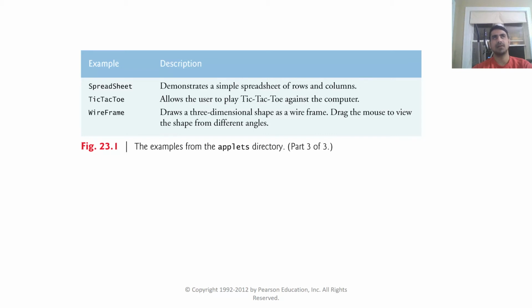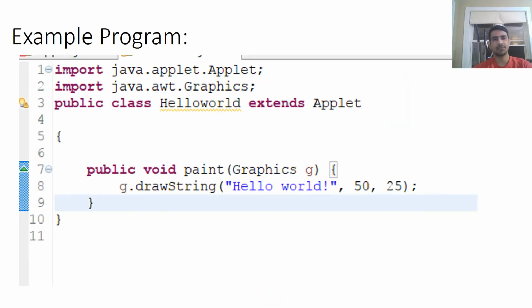And wireframe. A wireframe is something we also know from our software engineering subject, where we discussed that a wireframe contains the overall flow of a project. It draws a three-dimensional shape as a wireframe. Drag the mouse to view the shape from different angles. And now we are going to discuss an example of a simple applet program, and we are going to write a